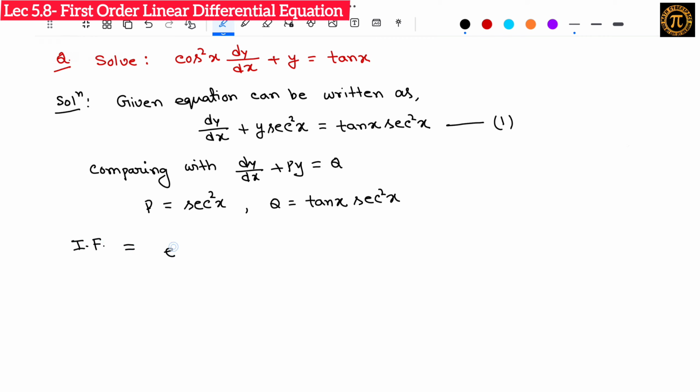So what will be the integrating factor? IF equals e to the power integration sec square x dx. And what is the integration of sec square x? Tan x. So this is equal to e to the power tan x. And I already told you that when you are calculating the integrating factor, no need to write the integrating constant. So just e to the power tan x. Now the solution is